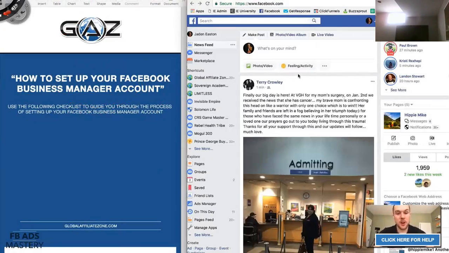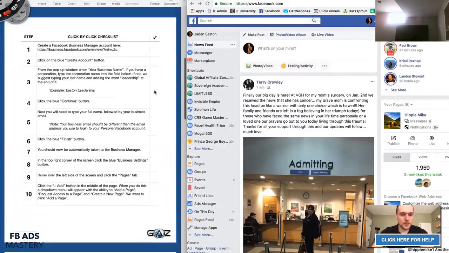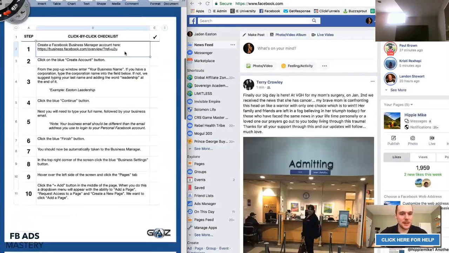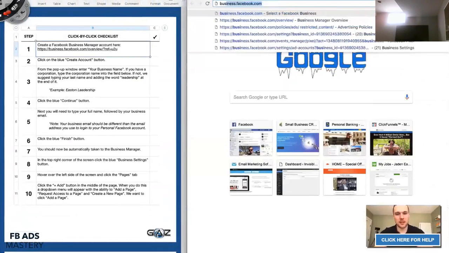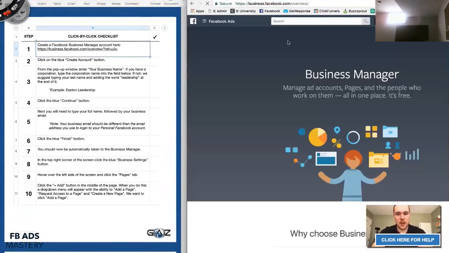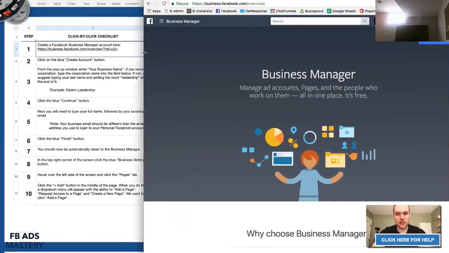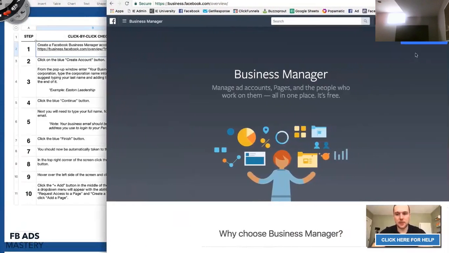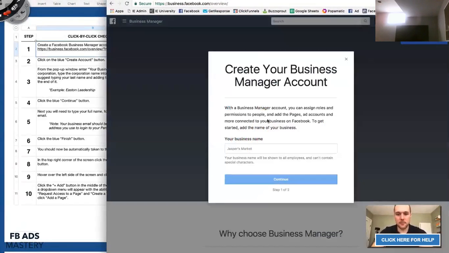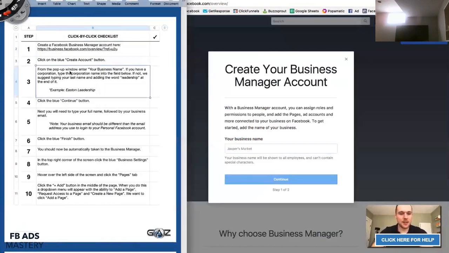So now that you know kind of where we're going and the difference between the personal Facebook platform and the business Facebook platform, let's dive right into things and get going. So step number 1 is to create a business manager account here. So I have put a link in the workbook, but basically you're just going to go to business.facebook.com/overview. And when you go there, it's going to take you to a screen that looks a little something like this. And in the top right corner, you'll see a blue button that says create account. You're going to click this button, and then it's going to ask you to type in your business name.